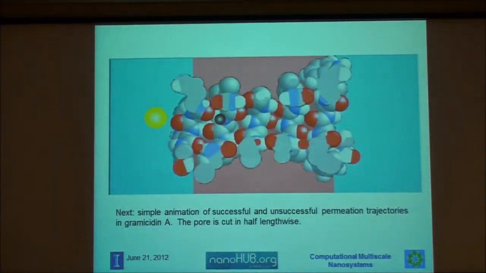So this is a little animation just to give you a feeling of what the simulation actually does. This is the channel cut in half, so you see the inside and water on the side. This pinkish thing is the liquid. And hopefully